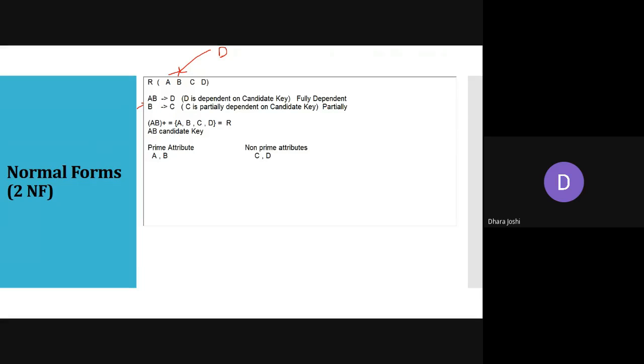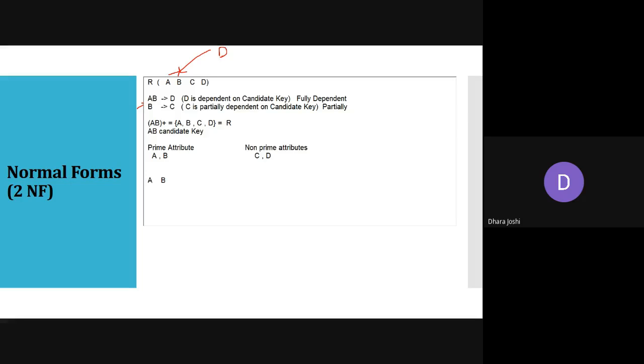And once we are having a partial dependency on any of the candidate keys, it is not allowed in the second normal form. That's why we need to split the table to make it a second normal form. How are we going to do that? पहले हम ये समझेंगे कि क्यों ये allowed नहीं है, partial dependency और fully dependency क्यों allowed है. Okay. मान लो कि partial dependency means ideally A and B will come together, only after that we are considering both values together as a primary key.